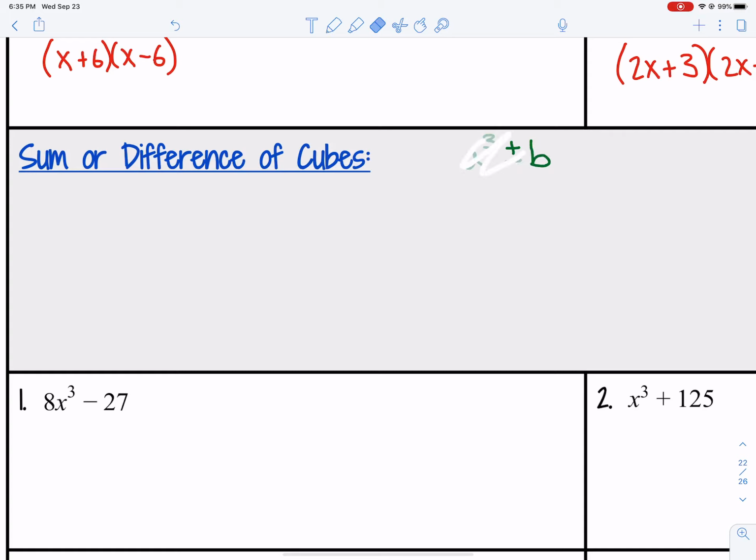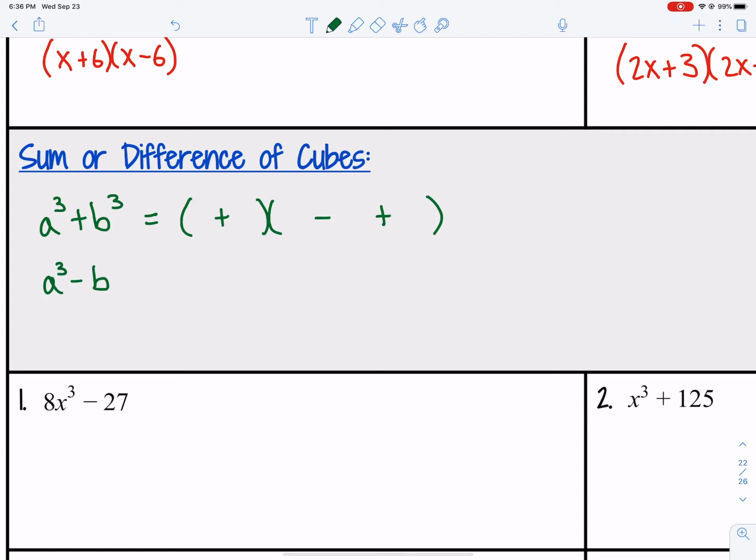So let's write both of them down over here. If I have a cubed plus b cubed, so that's the sum of two cubes, it would factor into a binomial and a trinomial factor. And my signs are going to be plus, minus, plus. And then we'll talk about the terms in just a minute. If I have a cubed